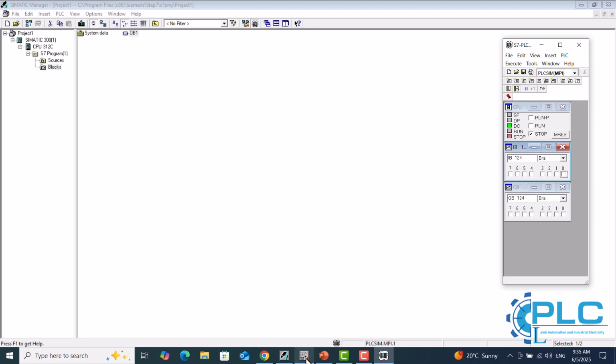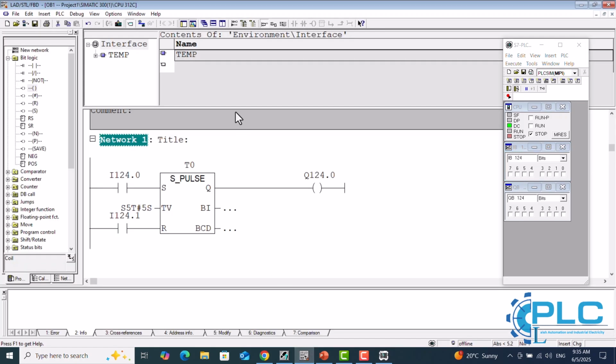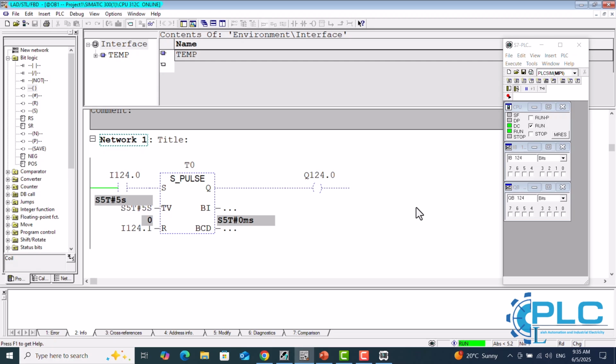Then, I switch to the OB1 window. Download the program to the simulator. Run the CPU, and go online. Now let's test the timer. When I activate input